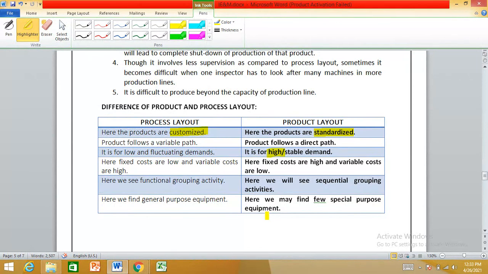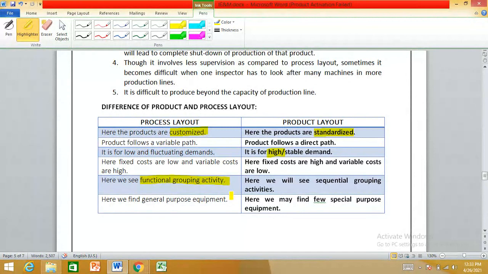In process layout, we see functional grouping activity. As I said earlier, we divide the machines as per their functional ability.